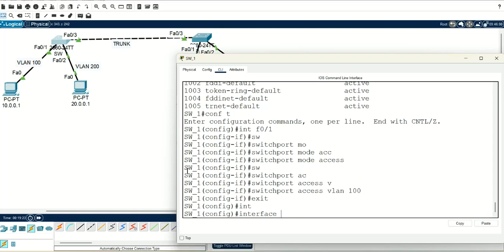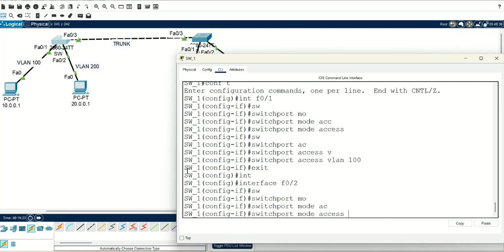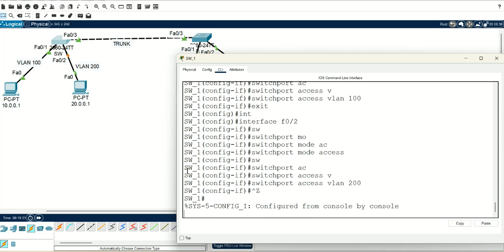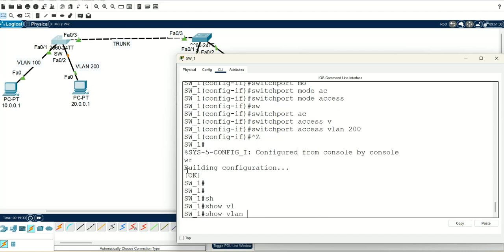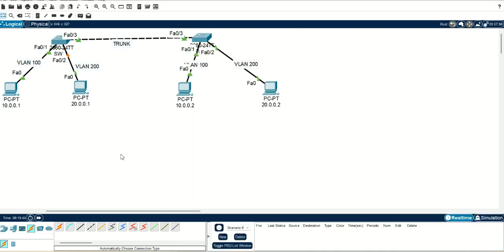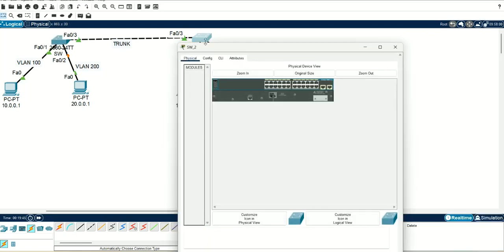Next, interface F02, switch port mode access, switch port access VLAN 200. Now let's verify, show VLAN brief. We can see those two ports here. Perfect. Now on this other switch,